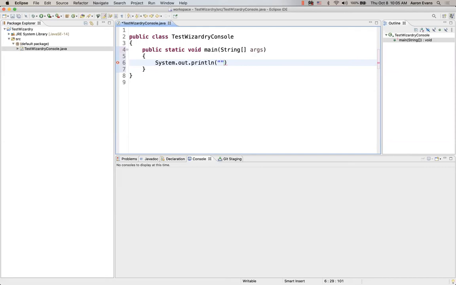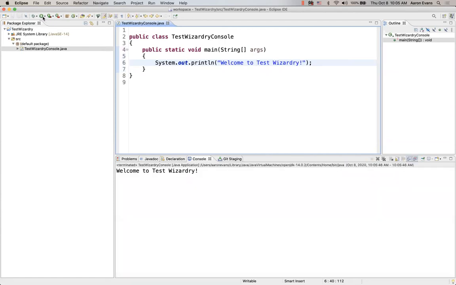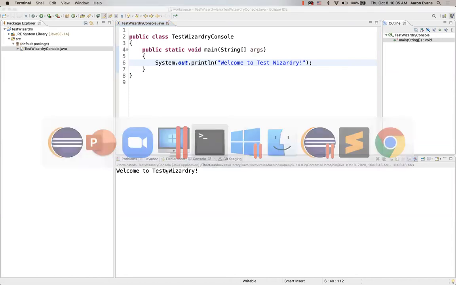So first thing, let's start. We'll just put our title, TestWizardry. Maybe we'll call it Welcome to TestWizardry. And run our program. Click the little green triangle here up at the top, and it says Welcome to TestWizardry. Going to the console,